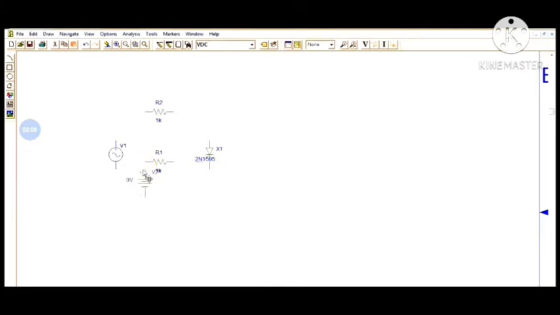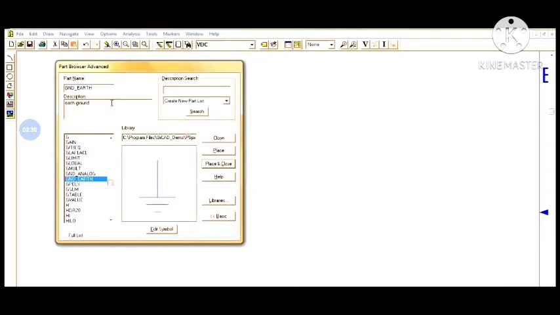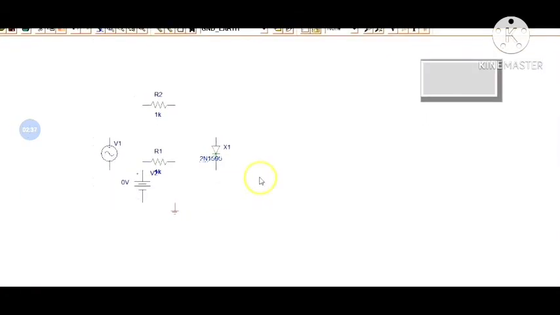Now we will choose the ground. Just press G. You can see GND earth ground. Press enter, it will appear on your workspace. Click it. Now it is done. Now we have to connect it up.